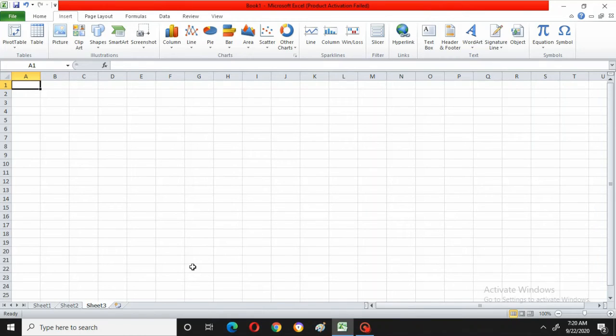When you open that notebook, it has many sheets, many pages inside. A book consists of 25 pages, 100 pages, 200 pages. So what are those pages? In each page you will do the work. In each page you will write something.